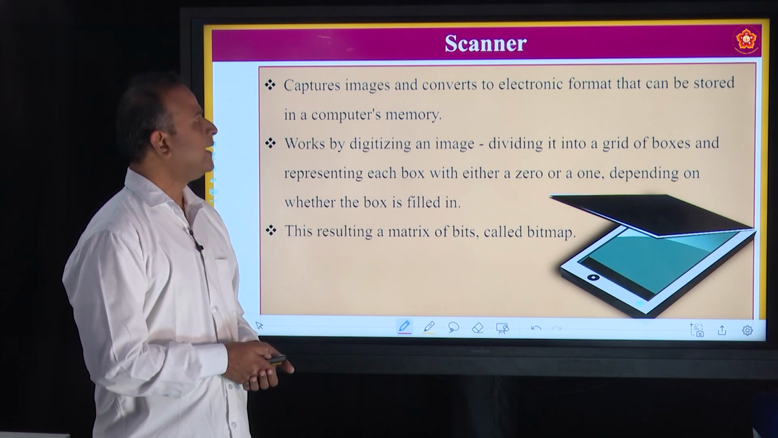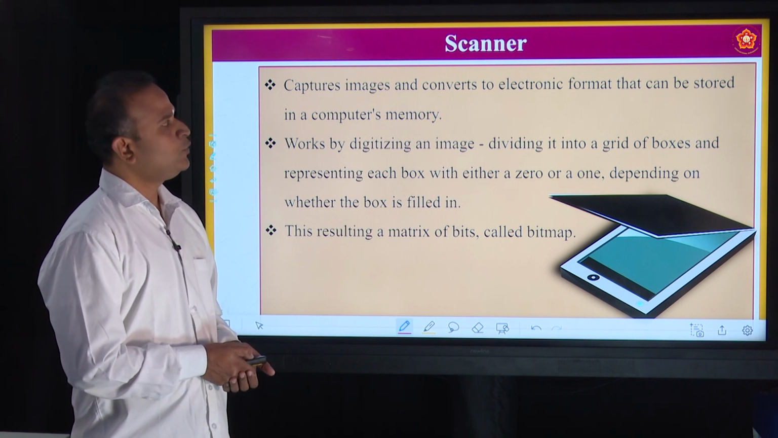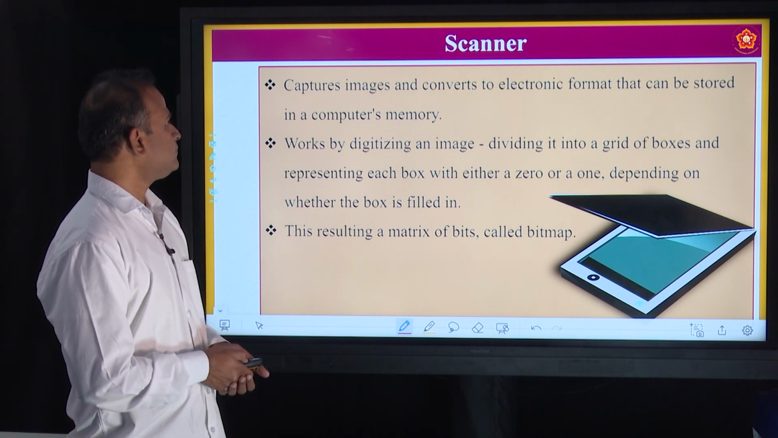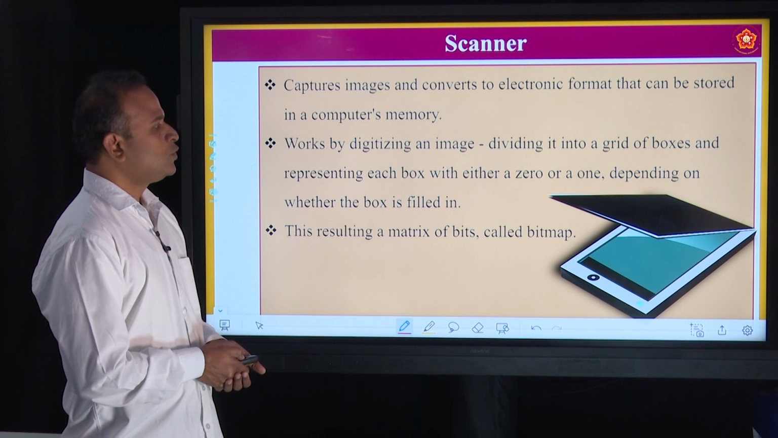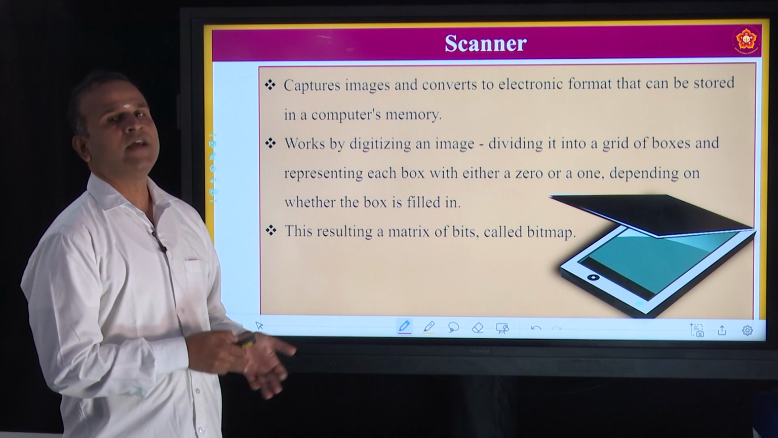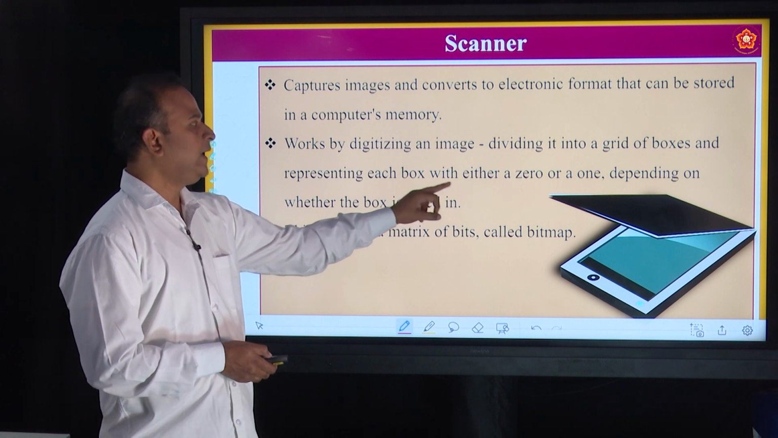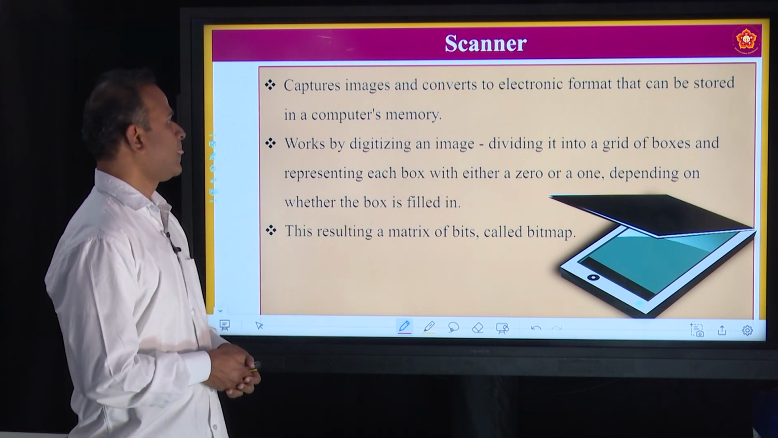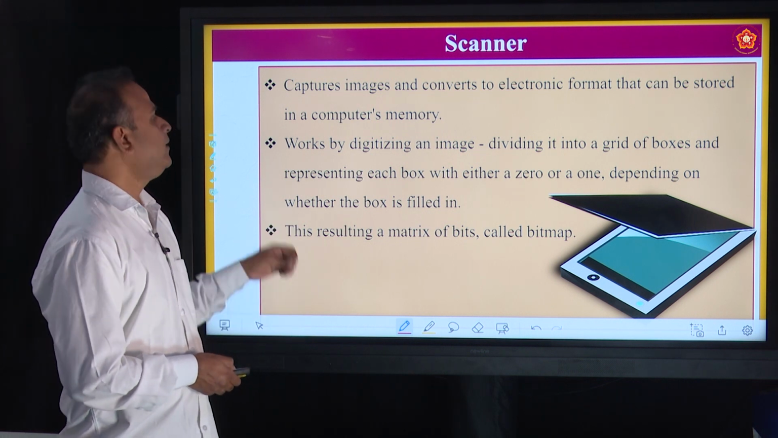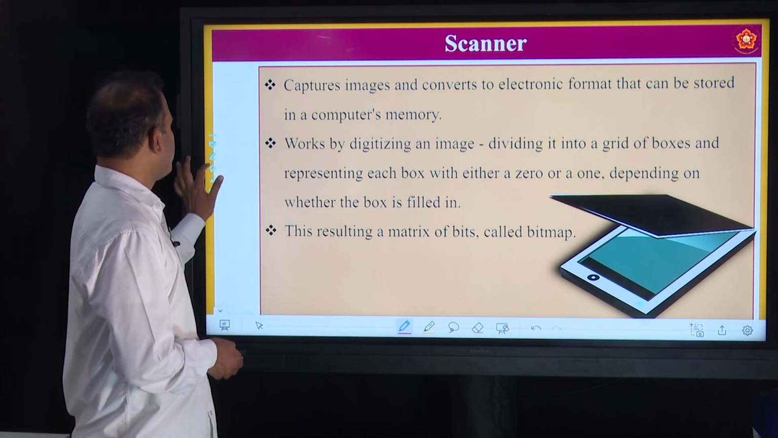Next we will talk about scanner. The scanner captures an image and converts it into electronic format. This can be stored in a computer memory. So when the image is read by the scanner, it divides the image into a grid of boxes, representing each box with either a 0 or 1. If the box is filled in, it puts a mark on that internally to recognize there is an input given to the computer. Say for example,